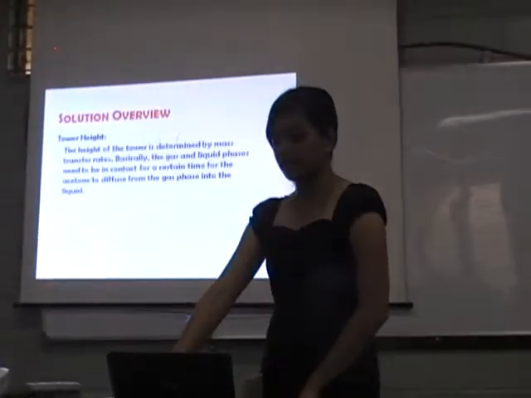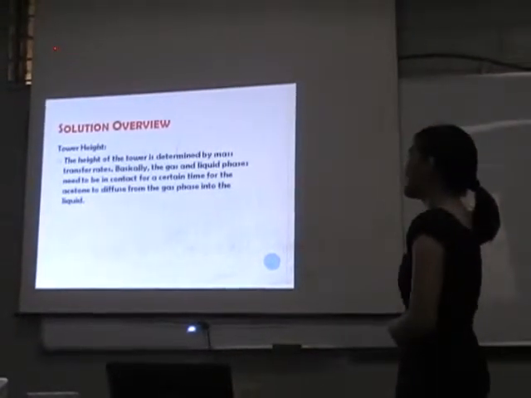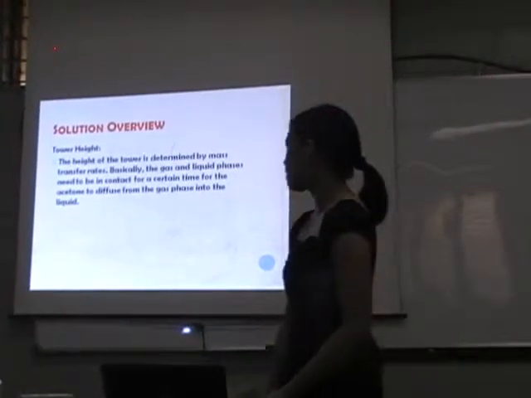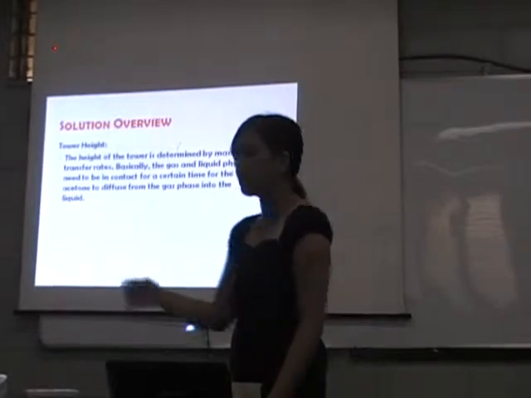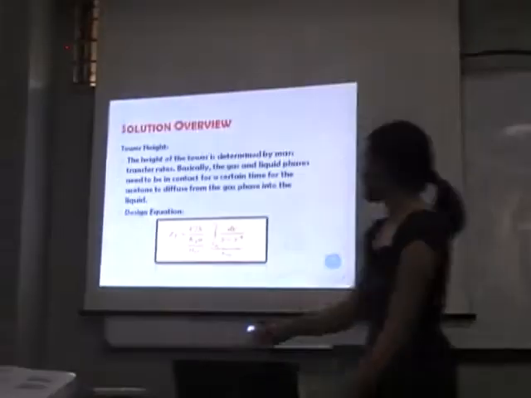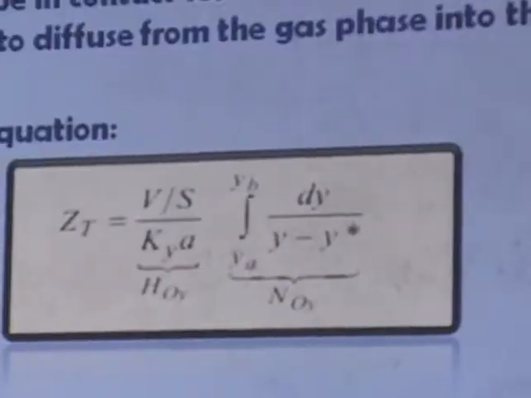Now, sa height. The height of the tower is determined by mass transfer rates. Basically, the gas and liquid phases need to be in contact for a certain time for the acetone to diffuse from the gas phase to the liquid. Ito may tinatawag tayong design equation para sa height. Ayan, meron siyang dalawang factors. Ito yung tinatawag natin mass transfer rates. Yung dalawang yun ay yung